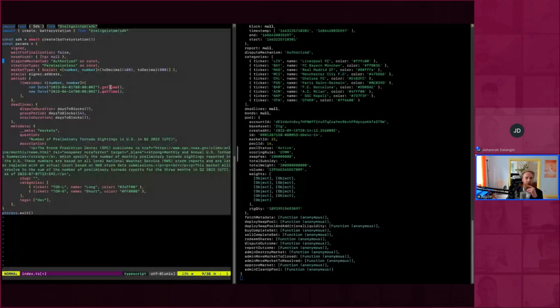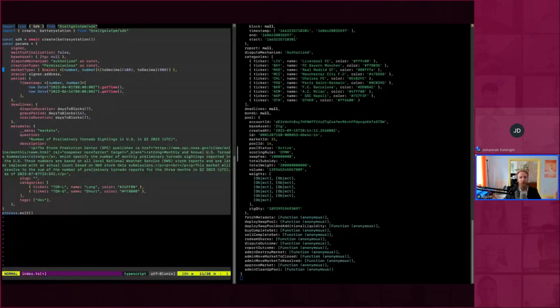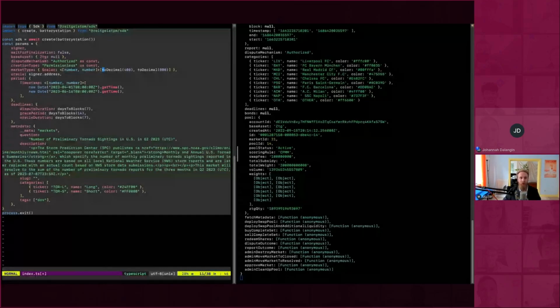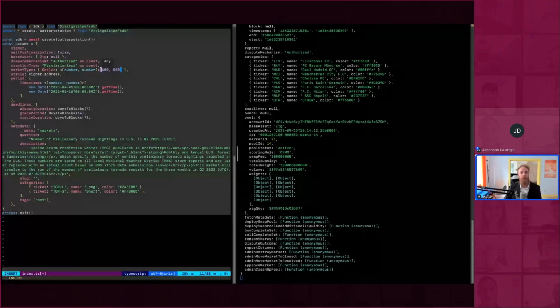One of the pitfalls here is you cannot just do, let's say we want to bet on 400 to 800 tornadoes, you cannot just do this. If you do this, you'll get something strange. That's because numbers on our chain are represented as fixed point numbers, and we're using 10 decimals after the point.